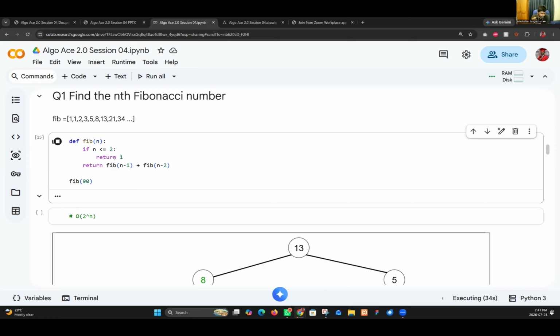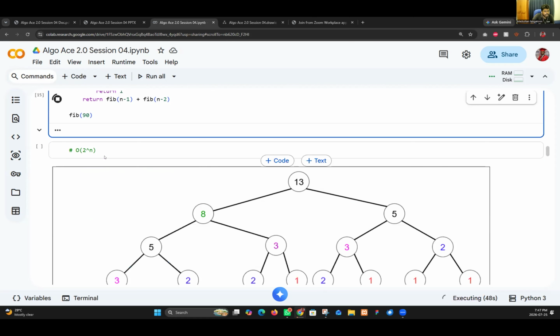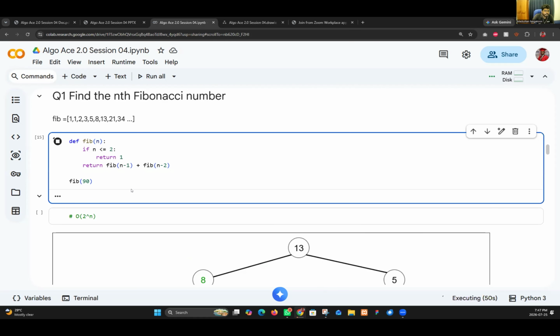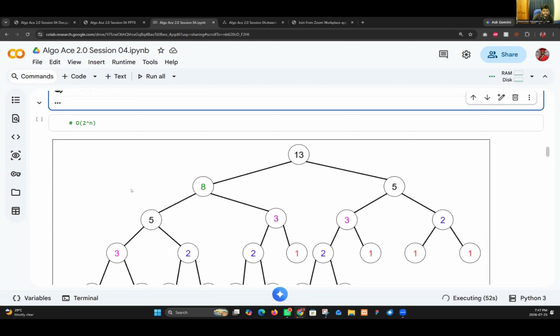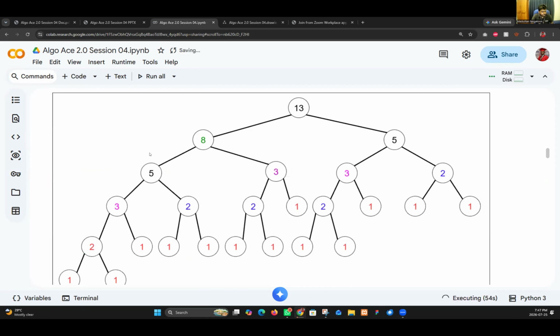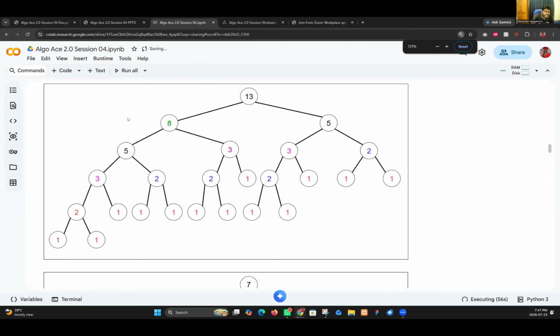But the thing is, this takes time. Even for 30, I think it will take some time. Let's wait till it comes. We will try to identify how this happened.